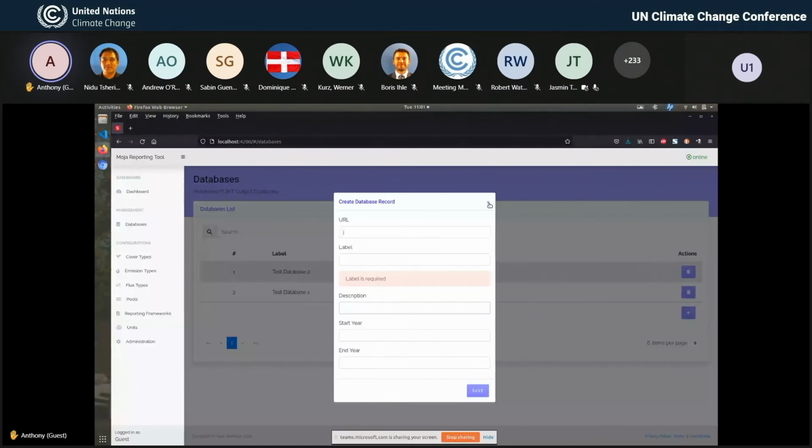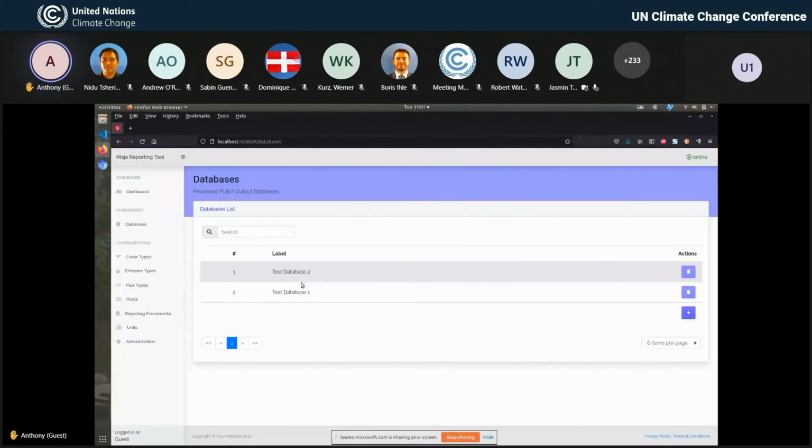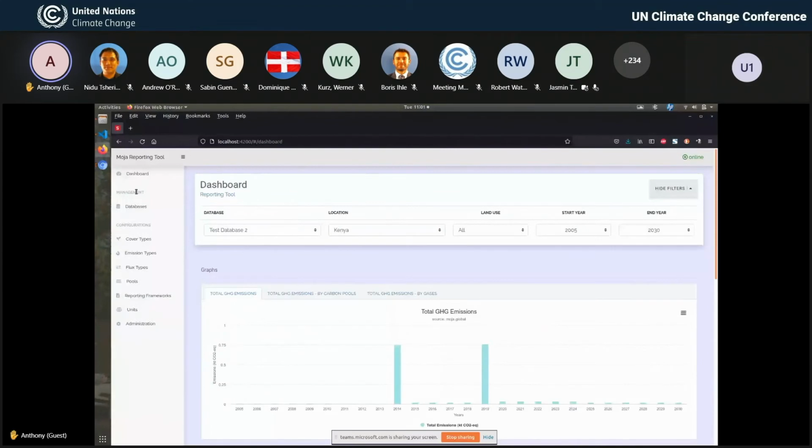When you do that, the reporting tool will go through all those processes that I've shown you, and it will then produce a dashboard for you. Here is an example of what we produce. The two databases that I've shown you will come here and allow you to switch between one and another.